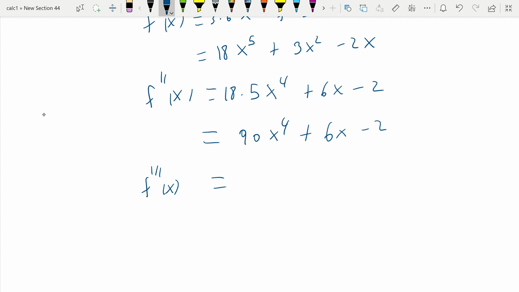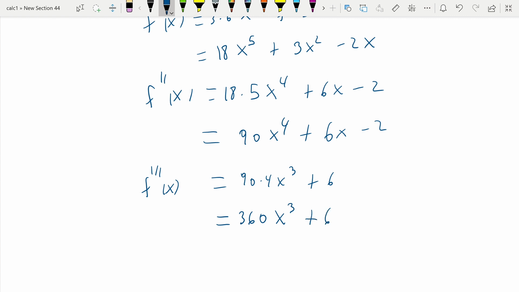So we simply compute 90 times 4 x cubed, plus 6 times x. Well, this is just 6, and the derivative of 2 is 0. We'll continue down here if we want. 90 times 4, so that's 360 x cubed